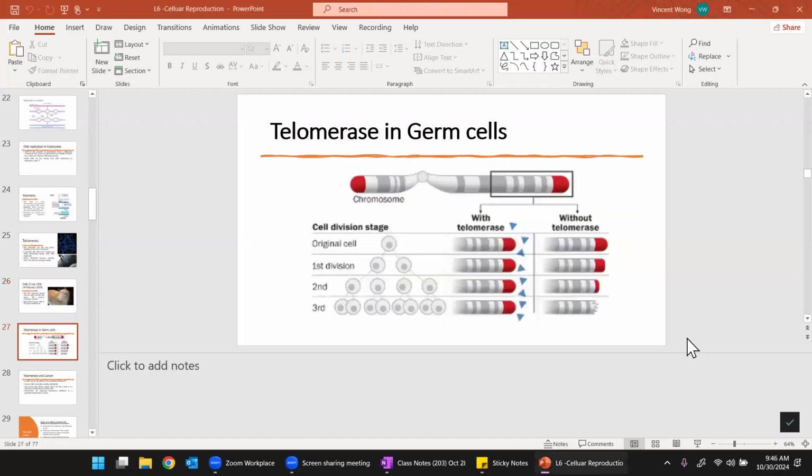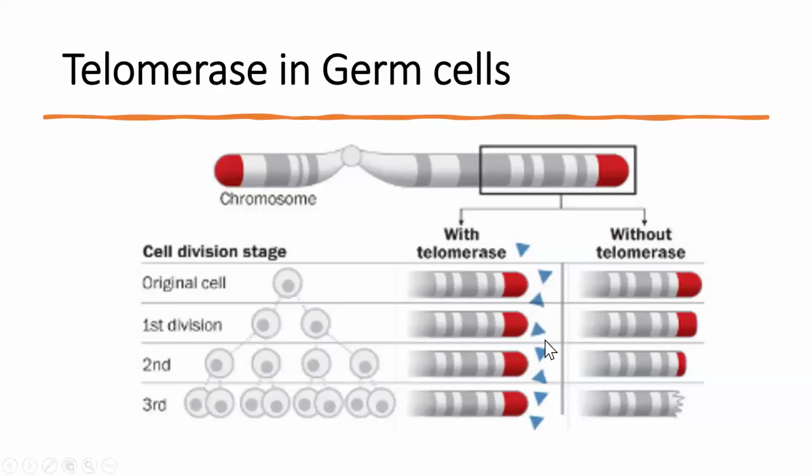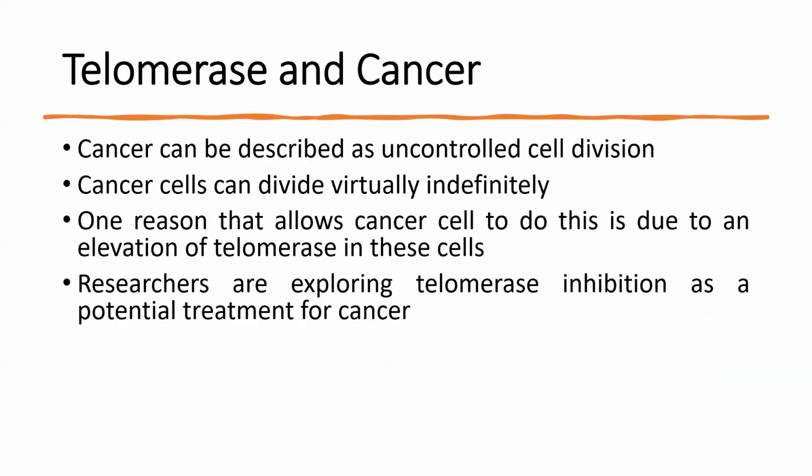If telomerase and telomeres seem to play a role in the aging process, and I asked you before the break, wouldn't it make sense to try to use telomerase as a way to slow down aging or even reverse it in some instances? It turns out that will not work because